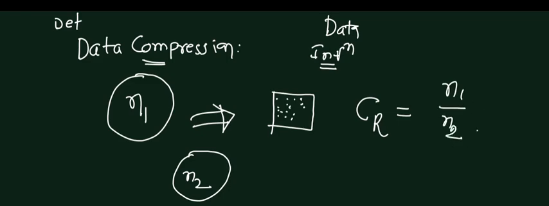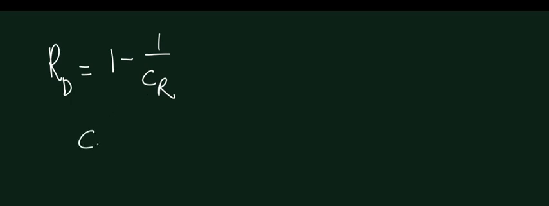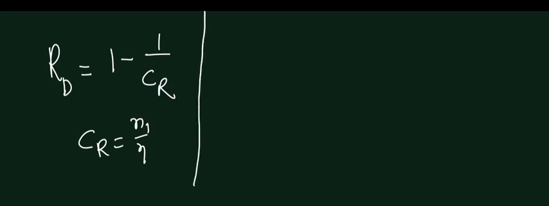So, n1 and n2, these two are varying quantities, the numbers of units are different here, and based upon this we will try to write a mathematical model for relative data redundancy. Let us say the notation used for this is RD, relative data redundancy, equals 1 minus 1 upon CR. CR is the compression ratio, which we have just discussed. Now, we also know that the compression ratio equals n1 upon n2, and let us talk about different conditions.